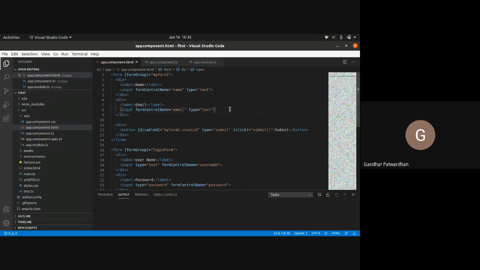Now today, what we are going to see is that we'll use a drop down, and we'll populate the values of that drop down using ng-for. So that would also be dynamic data. Then we'll use very, very simple fields: name, email, and let's have a drop down for cities.